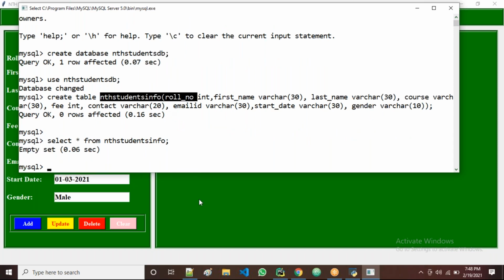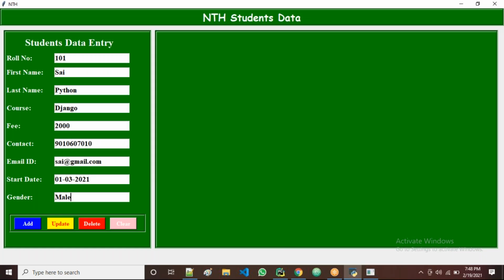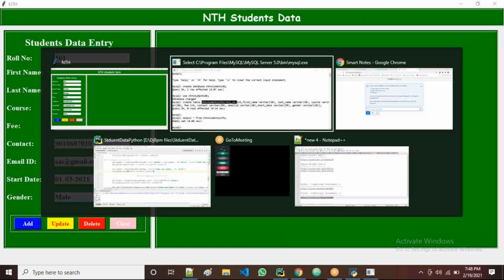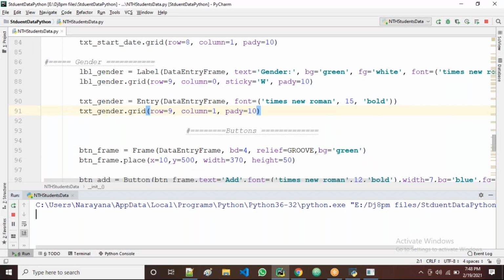But in the table, all fields are there. Whatever we have in the form, all fields are there, right? Now, all of you observe. What I'm going to do first of all is the database connection, guys. Okay. For that purpose, now what do I do? I'm going to create one method now, right?